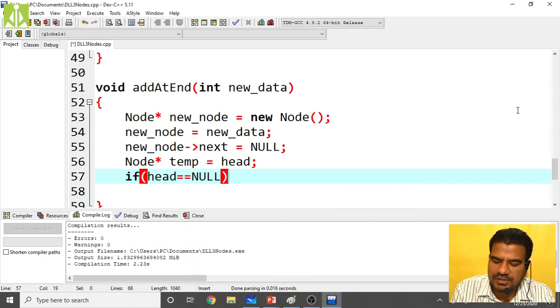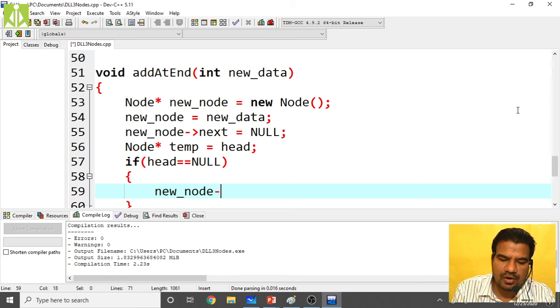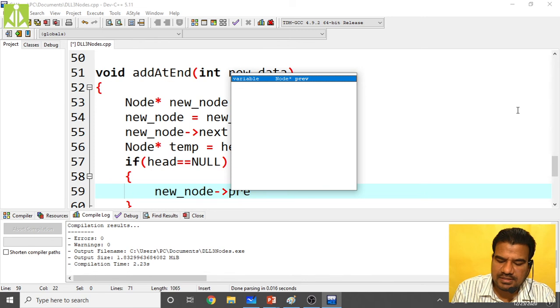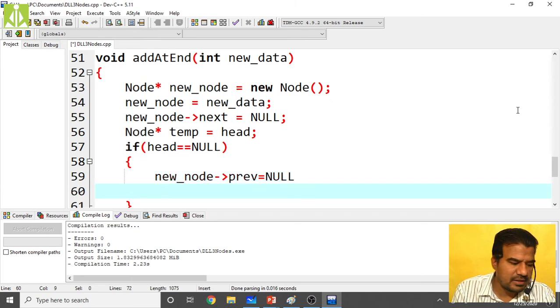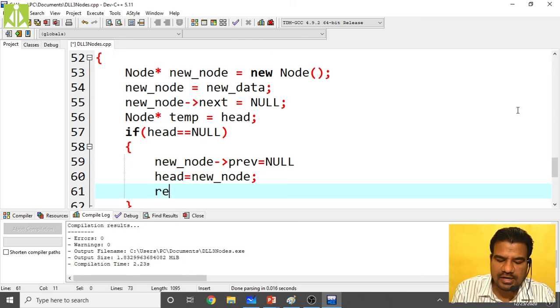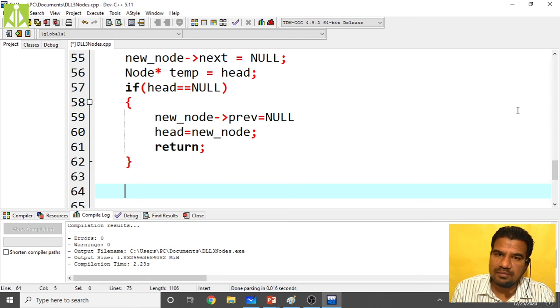We have to make these corrections: new node of previous equals to null, because this will become my first node, and then make head as new node. Head equals to new node. Only these two lines of code I have to write, and I have to return from this point. If your head is null, your new node will become the first node.